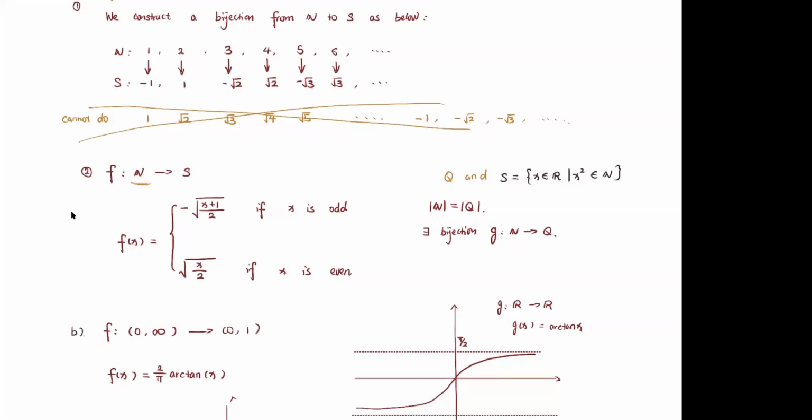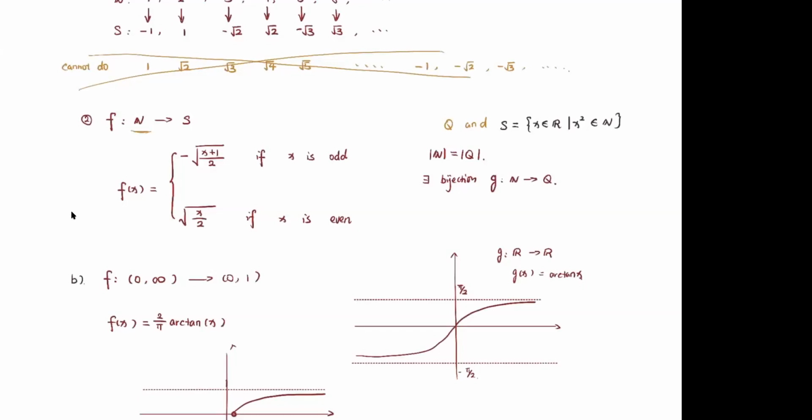So you can use the composite of those two functions to show that they have the same cardinality. So when we have F mapping from natural numbers to S, and this is a bijection,